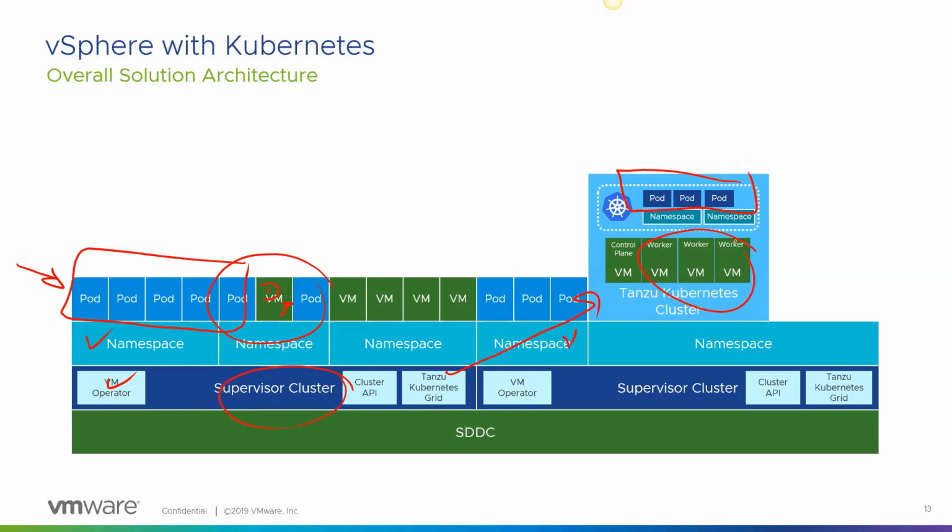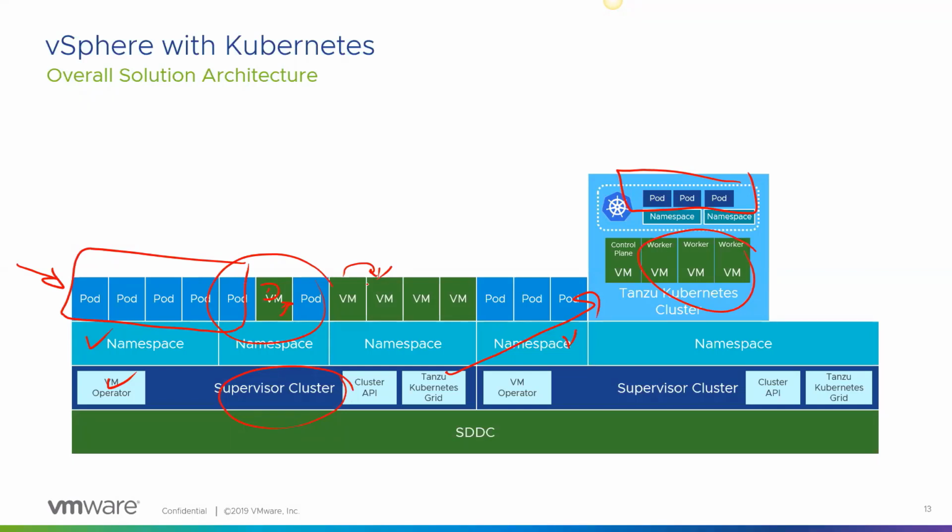The other thing is security and isolation. In a standard Linux distribution, when I deploy a container, I can set that container to be a privileged container. And what that means is that container has the ability to look into other containers running on that system to see what they're doing. Here, just like with virtual machines, this virtual machine cannot see what's going on in that virtual machine and vice versa, so you cannot use privileged containers.